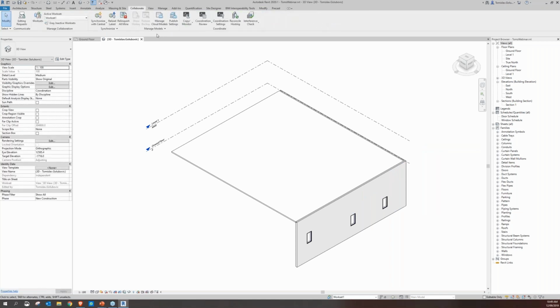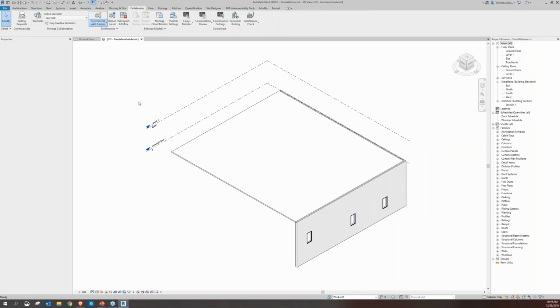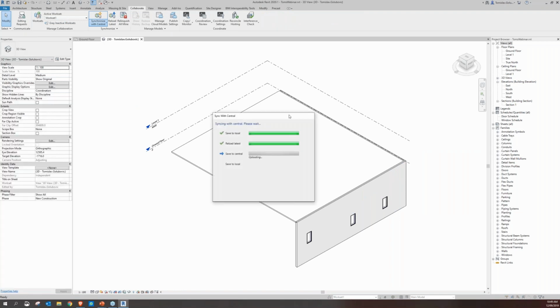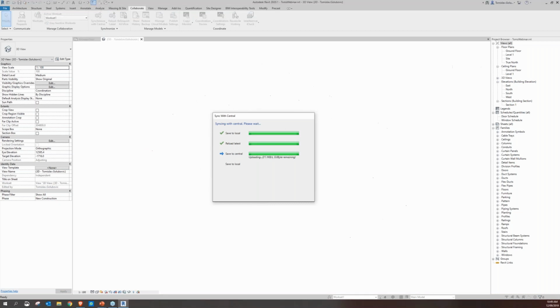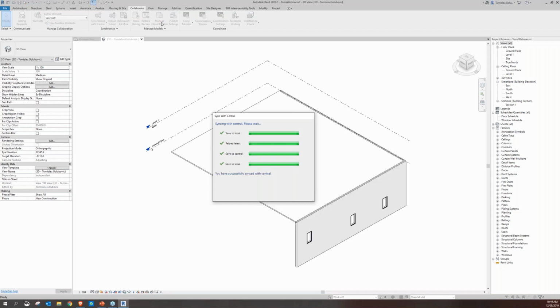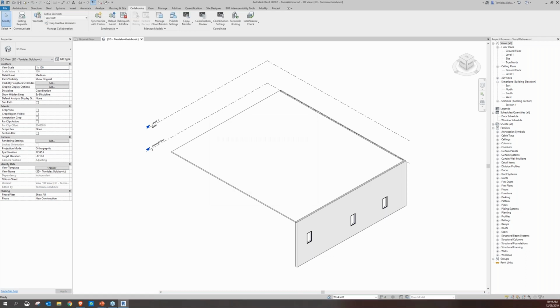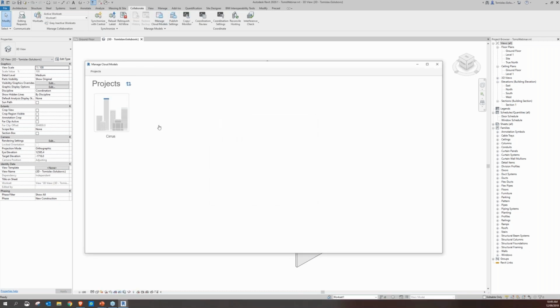So when I do click on collaborate, I sync with central. So this synchronizes the model back to central. So it's similar to the old Revit server where you'd sync back to central. And then I click on Manage Cloud Models, and you'll see